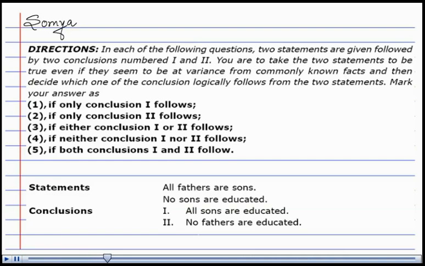Mark your answer as 1 if only conclusion 1 follows, 2 if only conclusion 2 follows, 3 if either conclusion 1 or conclusion 2 follows, 4 if neither conclusion 1 nor 2 follows, 5 if both conclusion 1 and 2 follow. And the question is,